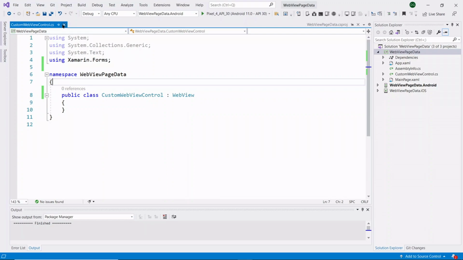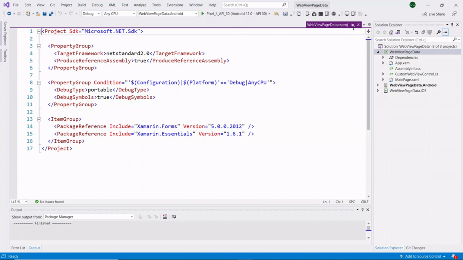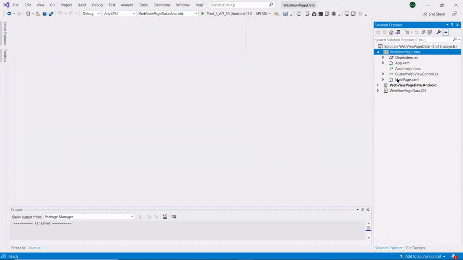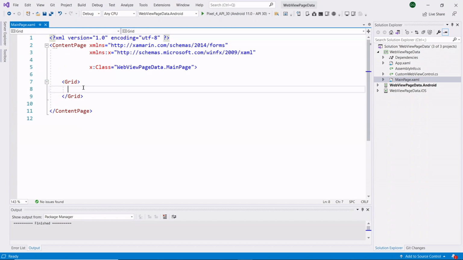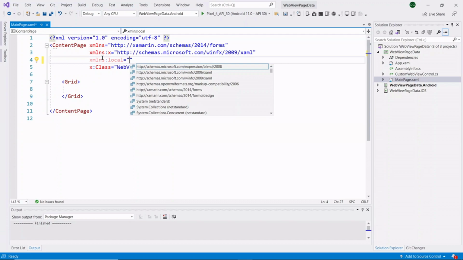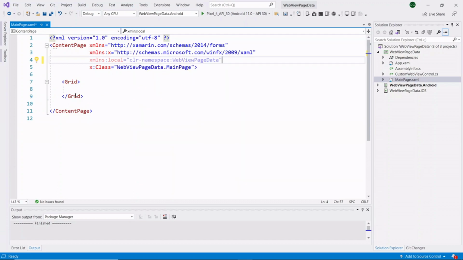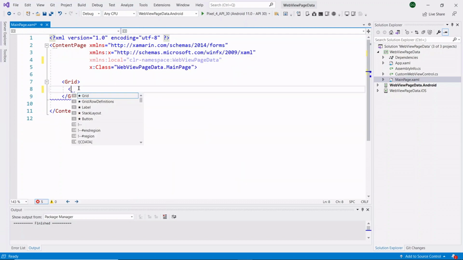The next step is we need to load our website URL inside our XAML page. So here I am opening the MainPage.xaml page. Inside this, with the help of the namespace, we can get our WebView control. So here I am creating the namespace. With the help of the namespace, I am getting the WebView control.